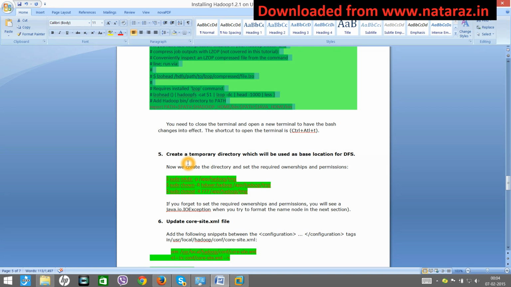Next, in this Hadoop, when doing some activities, Hadoop will be needing a temporary directory. So we will create a temporary directory. We'll create a directory here in the app folder, Hadoop folder. There we'll create a folder called tmp.